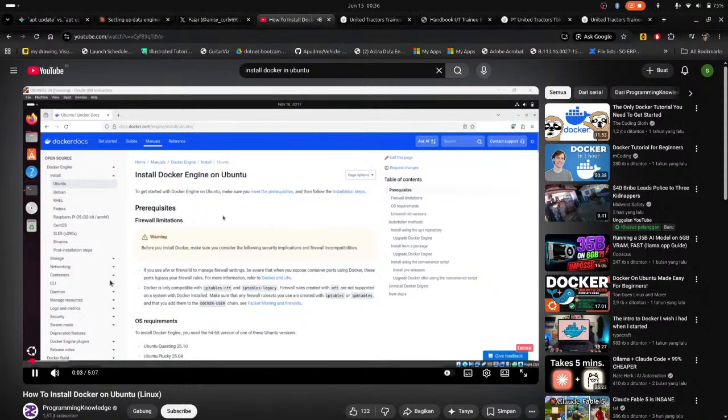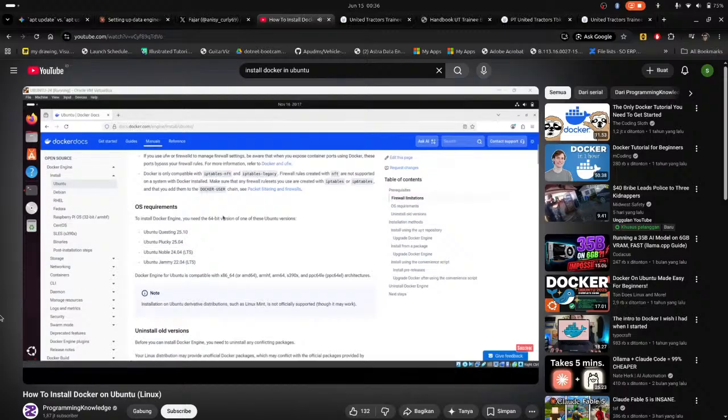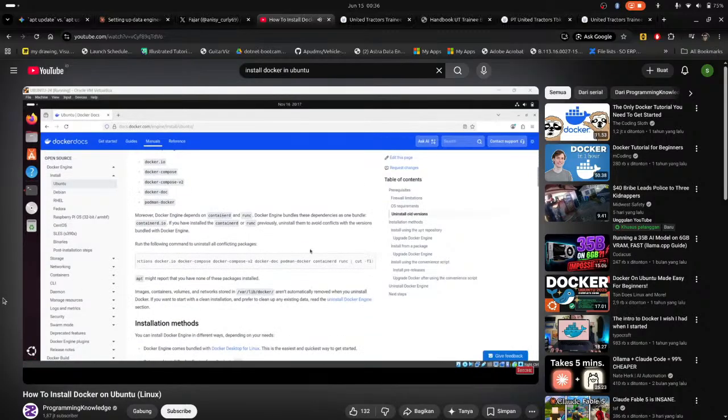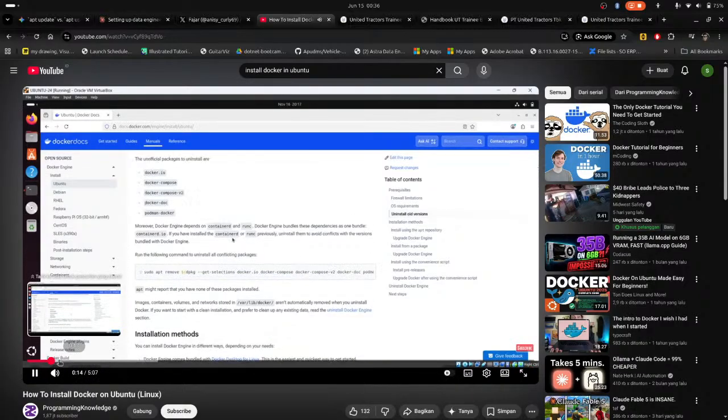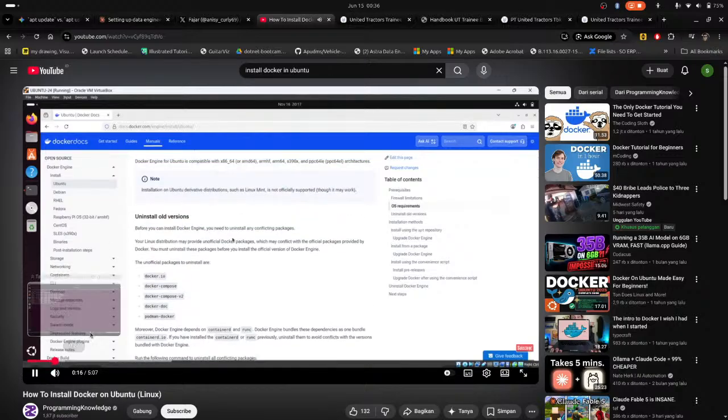Talk about how we can install Docker in Gen or Ubuntu. So basically this is the official documentation, and here you can just use these commands. Whatever commands are given, you have to just execute one by one, and you will have Docker ready in your system. So first we